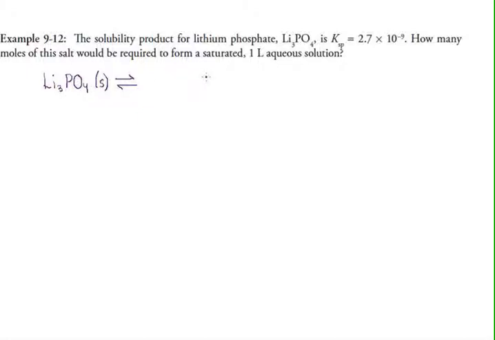The phosphate is all going to be one happy little anion with a -3 charge, but now you actually have 3 positive lithium ions floating around, because remember, we needed 3 of the lithium in order to balance out the charge of the phosphate. So that's going to change the equation up a little bit,